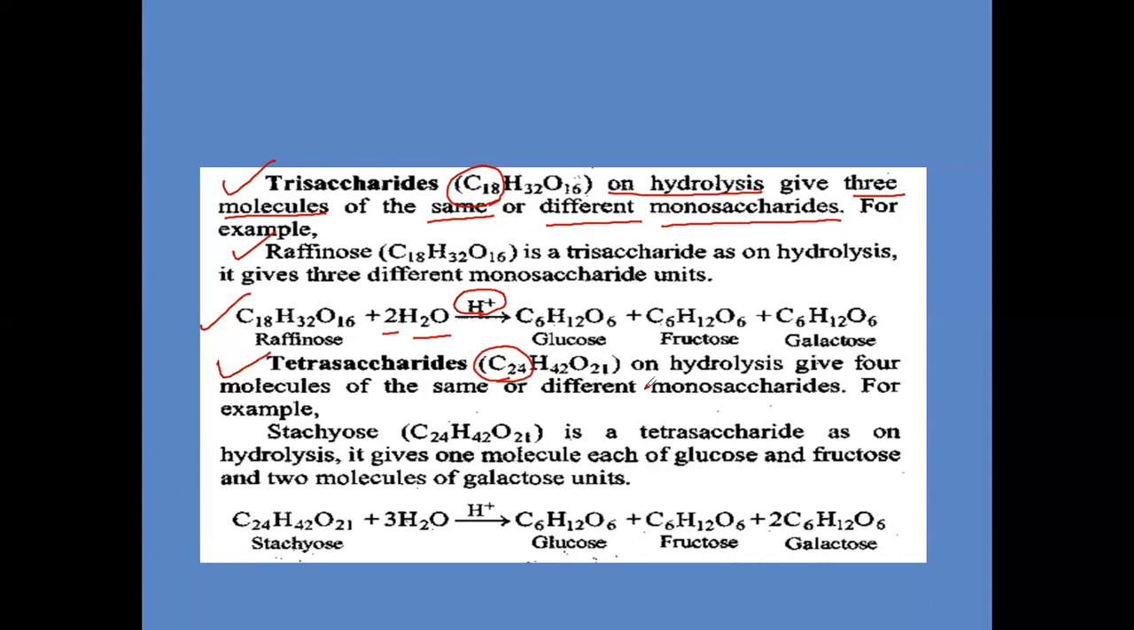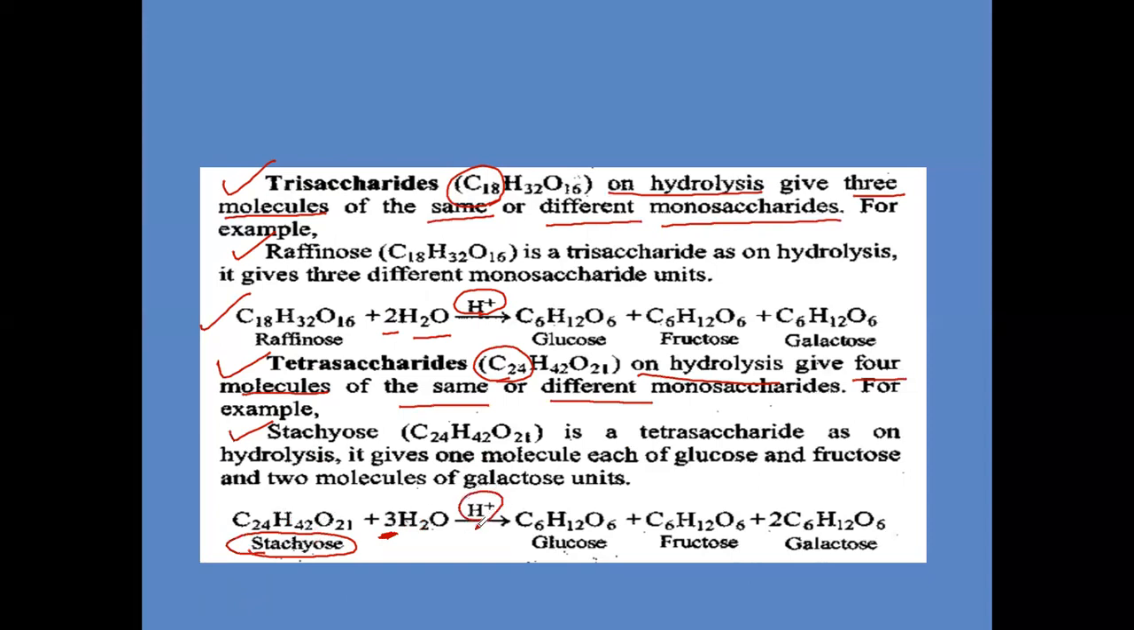Okay, so this tetrasaccharide on hydrolysis will be giving how many? 4 molecules of the same type or different types of monosaccharides. Example what here? Stachyose. Stachyose is an example of tetrasaccharides. When the stachyose molecule undergoes hydrolysis, how many water molecules are required here? The tetrasaccharide requires 3 H2O. A trisaccharide requires how many water molecules? 2. So here, 1 mole of stachyose requires 3 moles of H2O in the presence of acidic